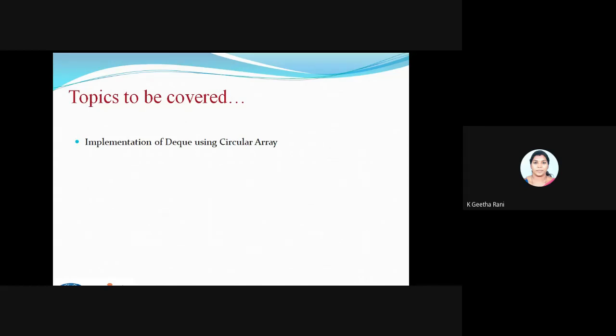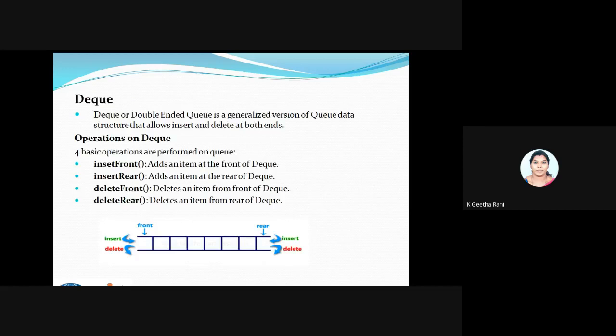So we'll have a quick recap of what is DQ, and then we'll get into the implementation part. Fine. So we know we call this DQ a double-ended queue also. It's a type of queue data structure. In a normal queue, we have insertion at one end and deletion at another end. So at the front end we are able to delete, and at the rear end we are able to add the elements. But in DQ, what happens? We have two more operations here. We can insert and delete at both the ends of the queue. So that's why the name is called a DQ or a double-ended queue.